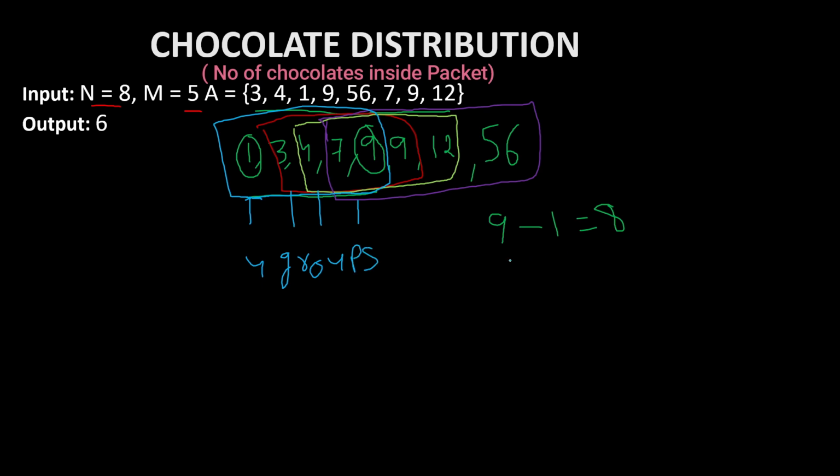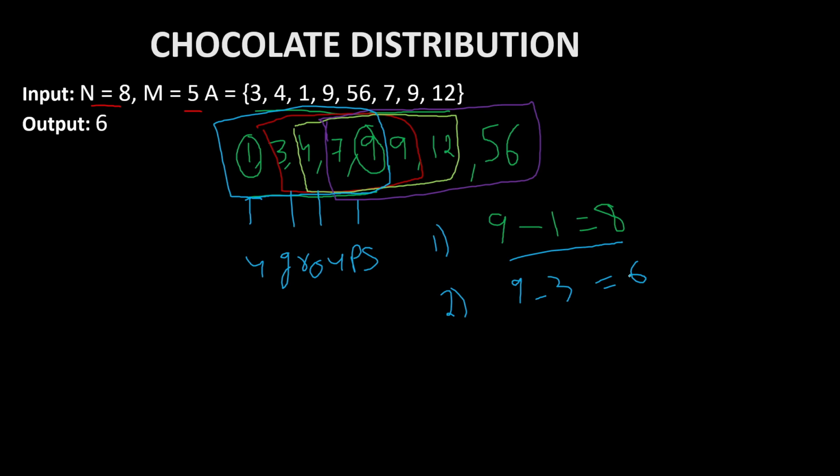In that we have to take the minimum value after doing subtraction, maximum minus minimum element of that group. Let's say this is the first group, right? Now let's assume the second group. In the second group we have 3, 4, 7, 9 and 9. So 9 minus 3 in the second group, which is 6, right? And in the third group we have 4 as the minimum element and 12 as the max. 12 minus 4, which is 8 again. And the fourth group, which is the final one,